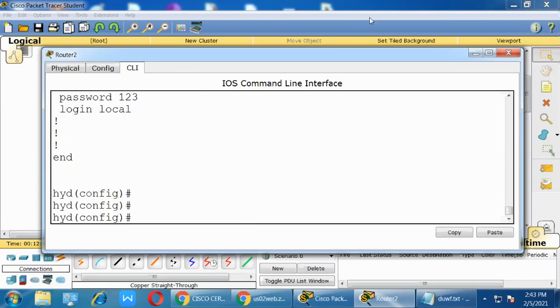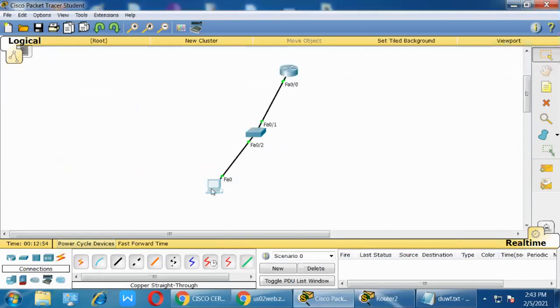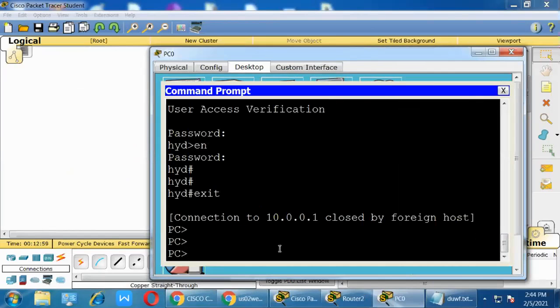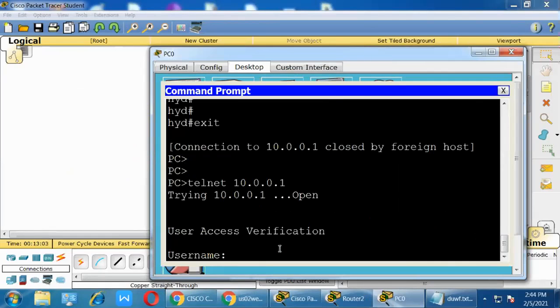Now telnet 10.0.0.1 is asking for the username, right?